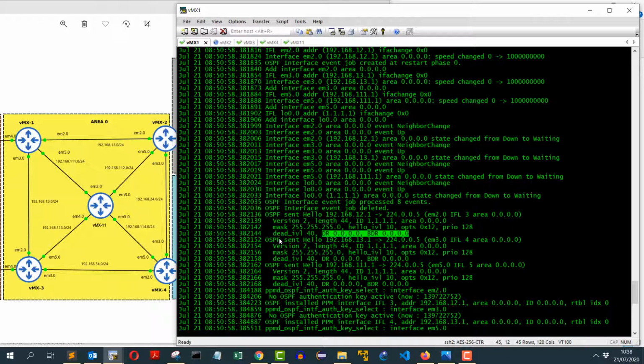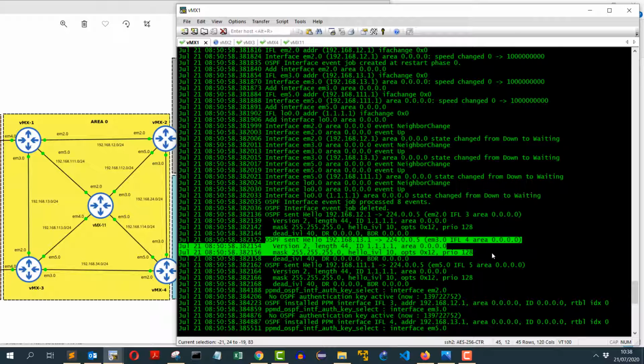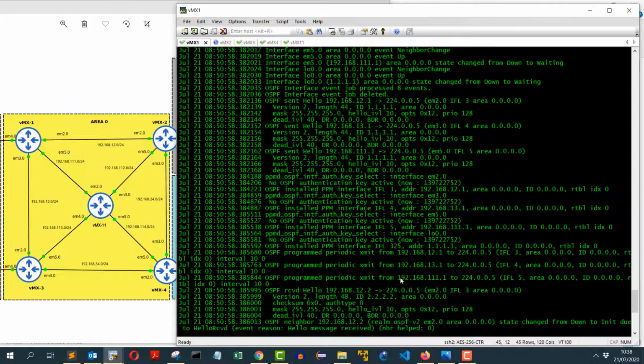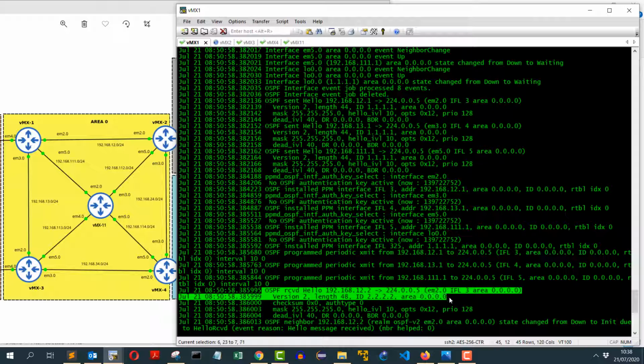And similarly, the same is happening on the other interface, that is towards VMX3, and the same is happening for the interface towards VMX11. And if we go down, we have also received a hello message from 192.168.12.2 because that is configured by now, so that is also sending hello packets to 224.0.0.5, and we have received it.